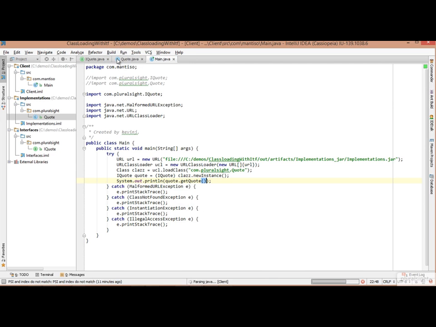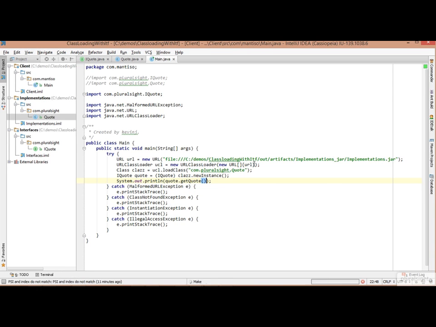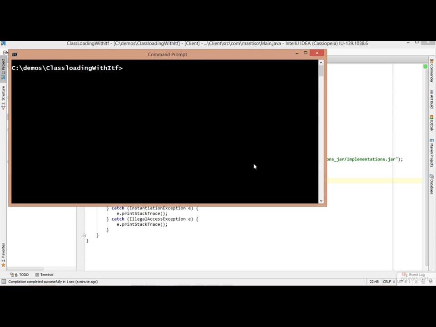So if we make the project and we build the artifacts, I'll do a rebuild just to be on the safe side. We can now run this from the command line with the correct class path, and we should find that we actually get the quote printed. So when we run the application, we have to ensure we have the right class path. So we do java -cp, and it's going to be out/production/client will be one of the class paths, and then